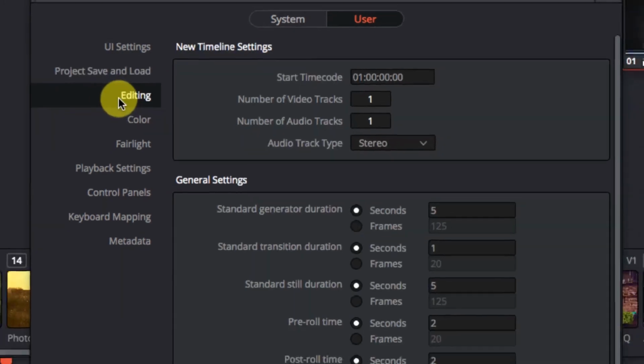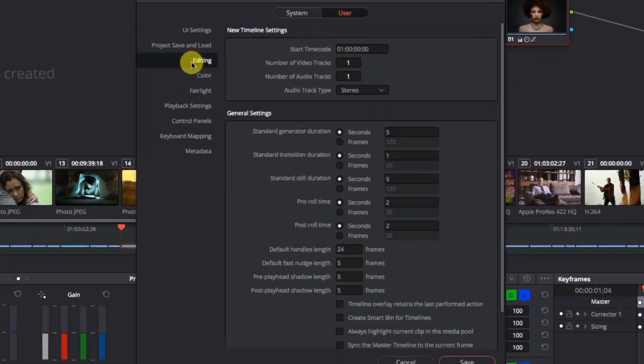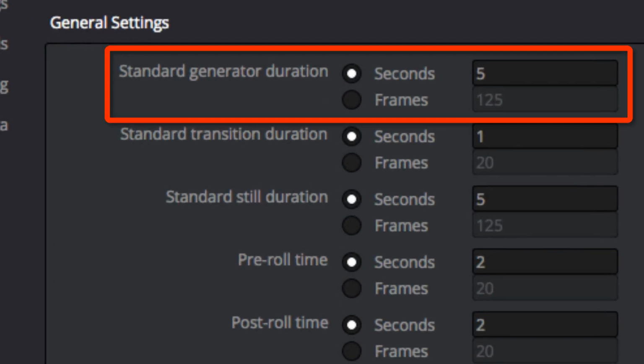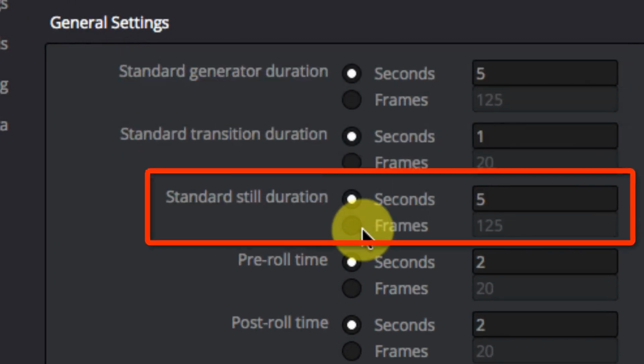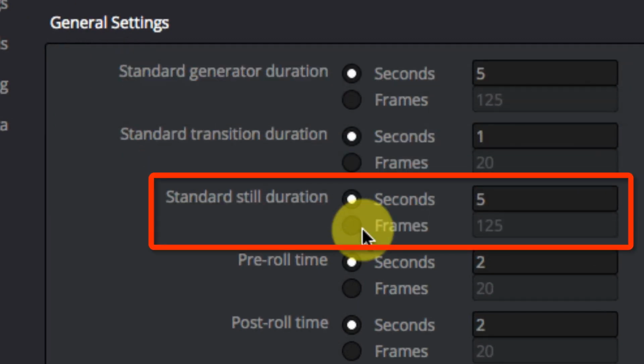Then we have the Editing section, where you can choose settings like the duration Resolve will give to solid colors it creates, for example, and the standard duration Resolve will give to still images you add to your timeline. Because it's a still image, it doesn't have a certain length. So this is where you choose how many frames or how many seconds the length of the still will be